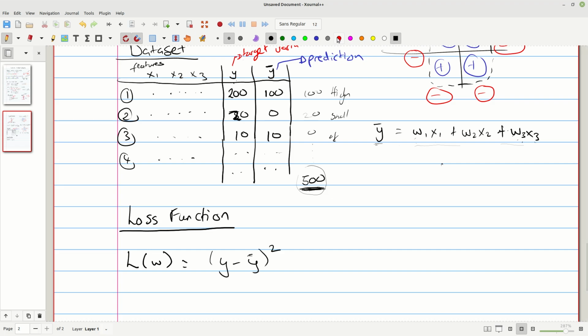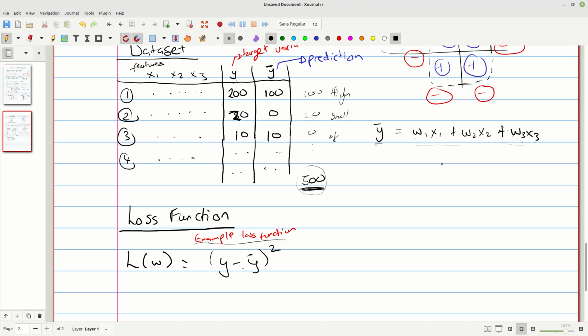This is an example loss function, y minus y bar squared, right? So what is this one saying? It's saying take the prediction and the target and subtract them and then square them.